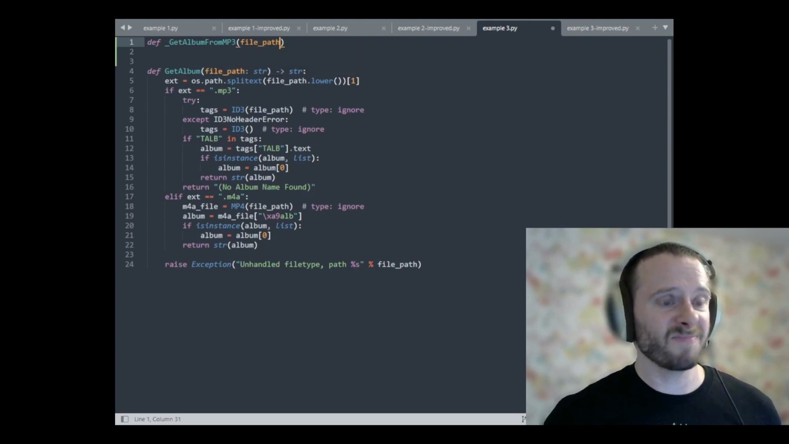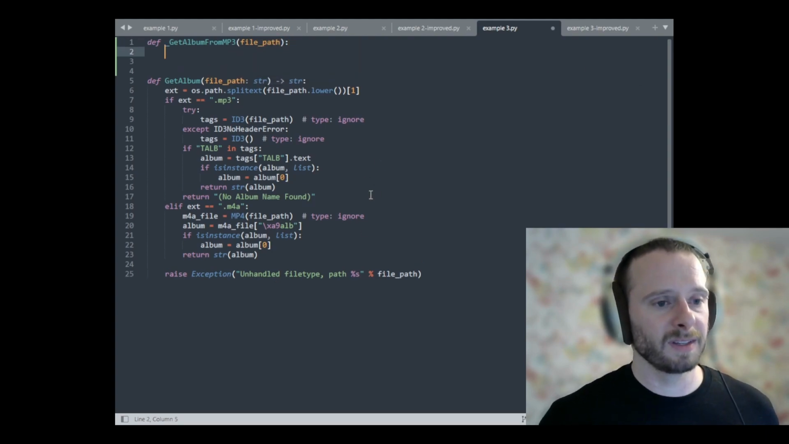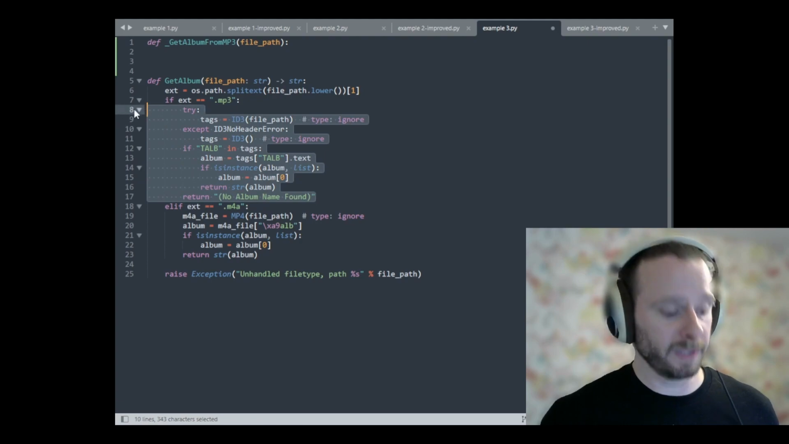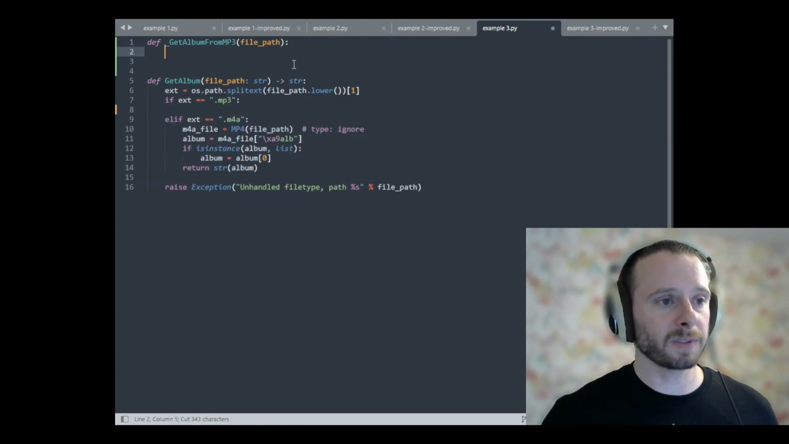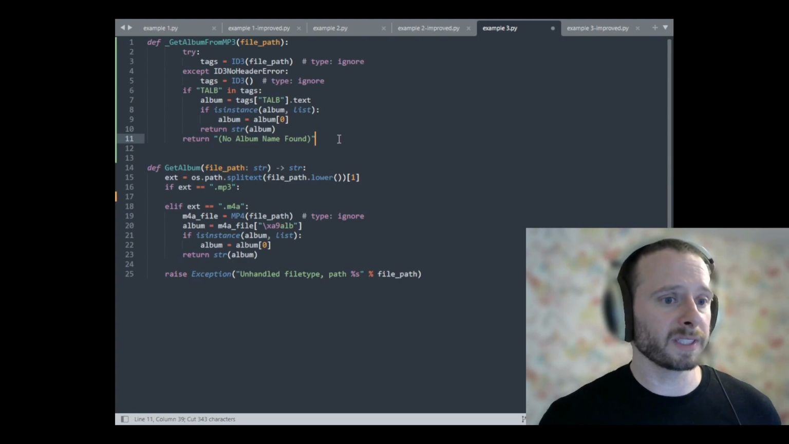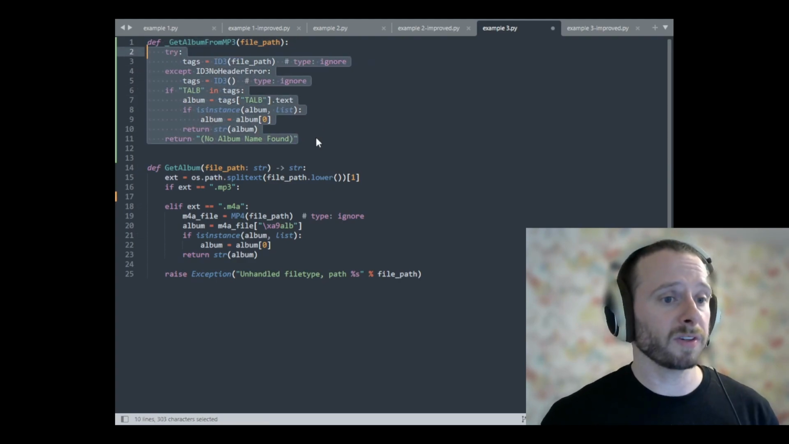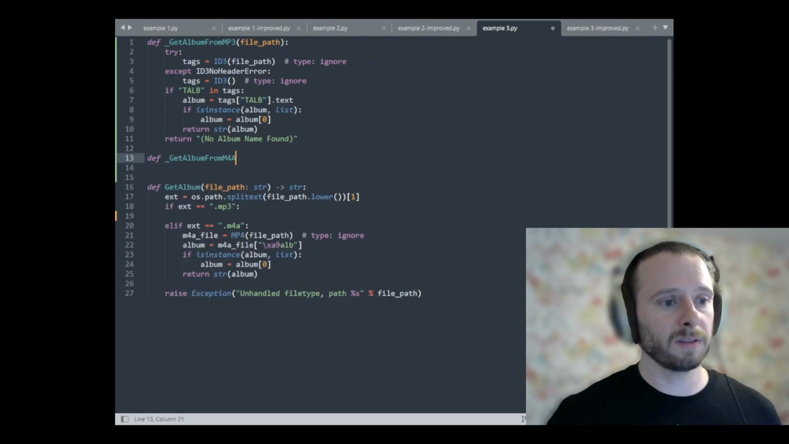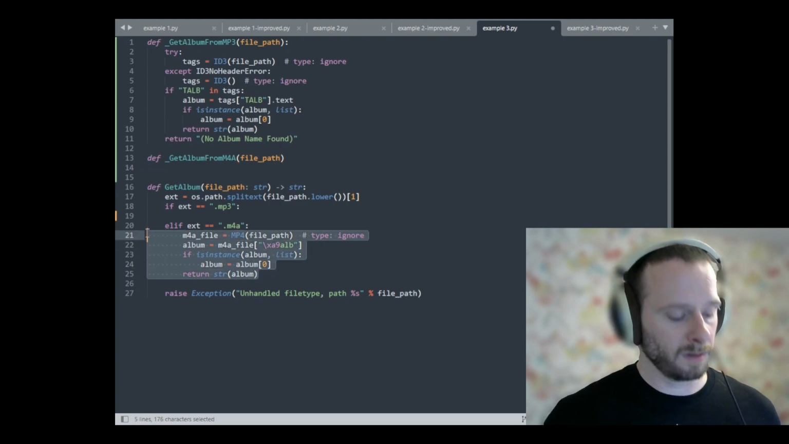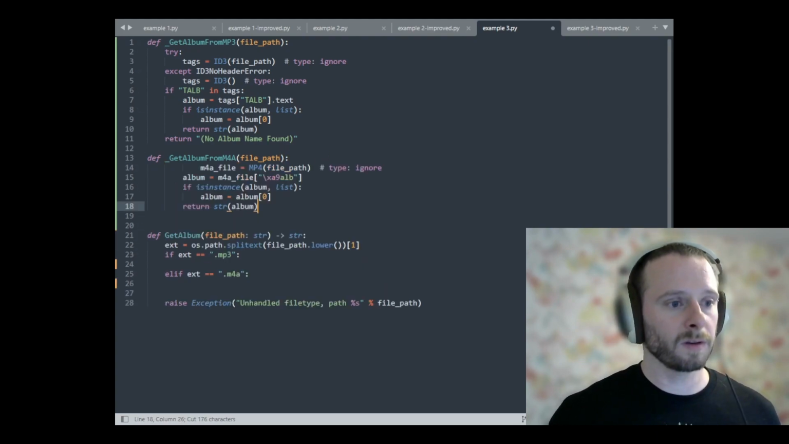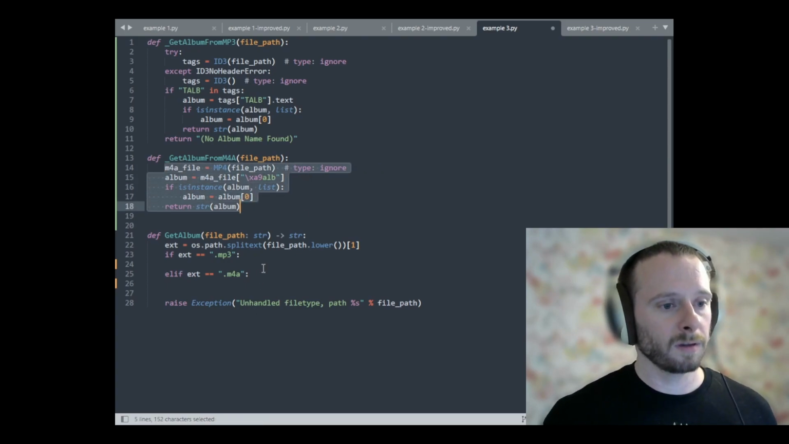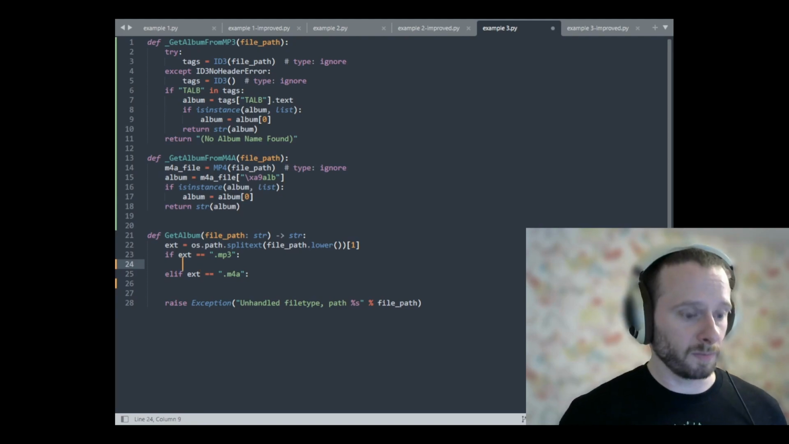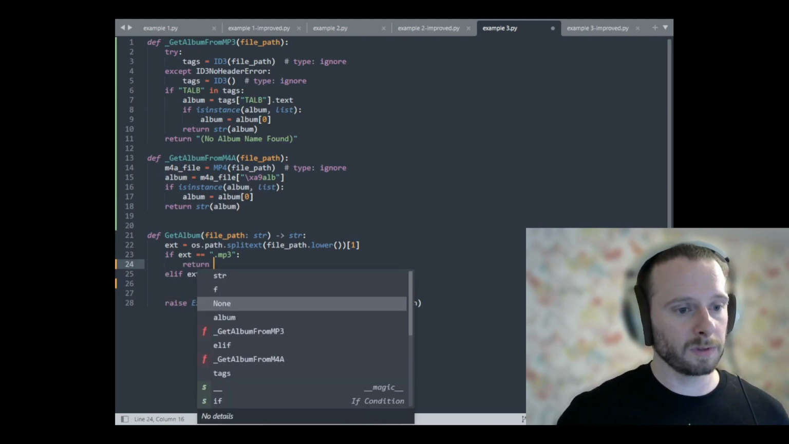because they just need the same input, and they just return a simple string. They don't really interact with anything outside. And we reduce the level of indentation because they're just in the function now. They're not nested in part of the other function. getAlbum M4A, file path. And then here, we just need to call them. So return